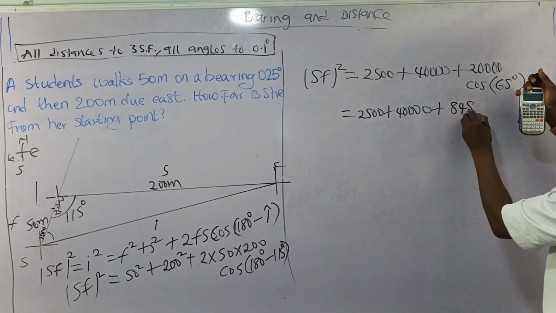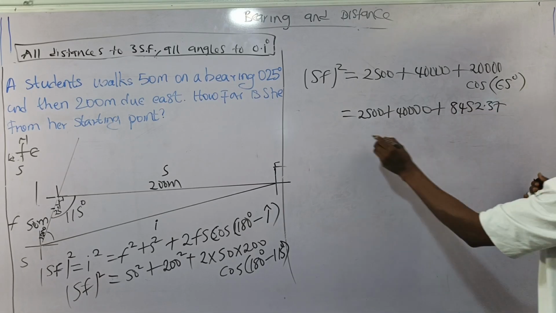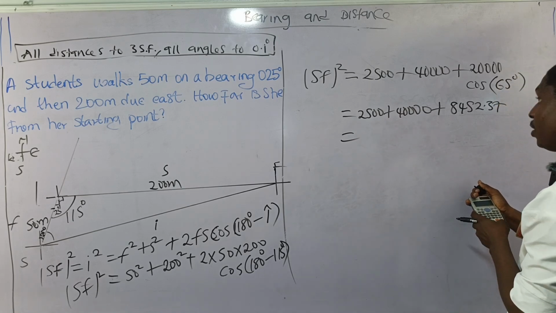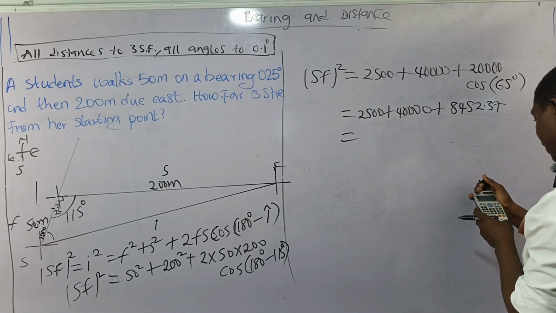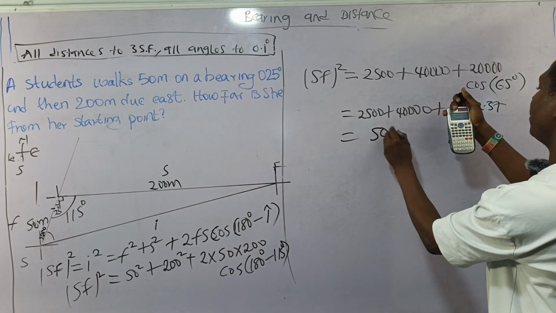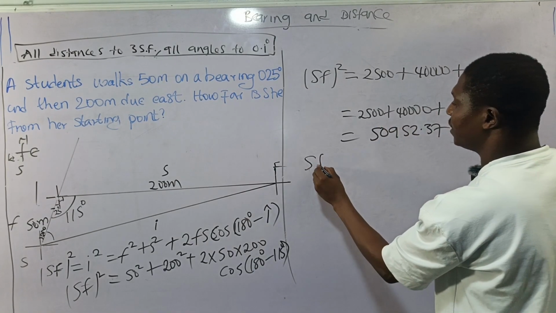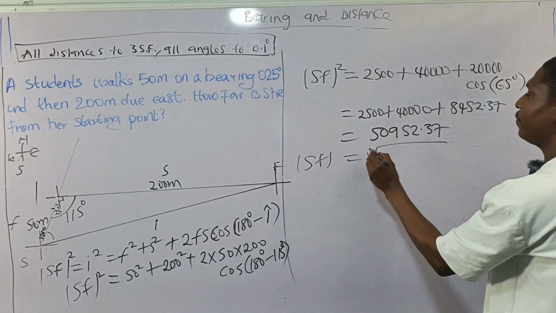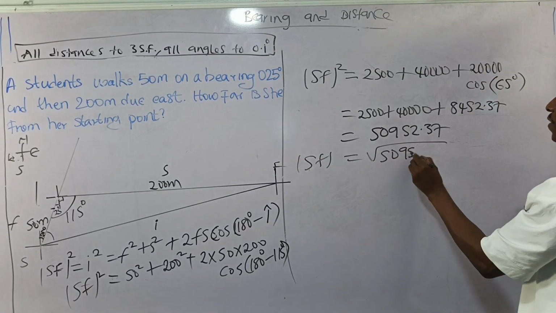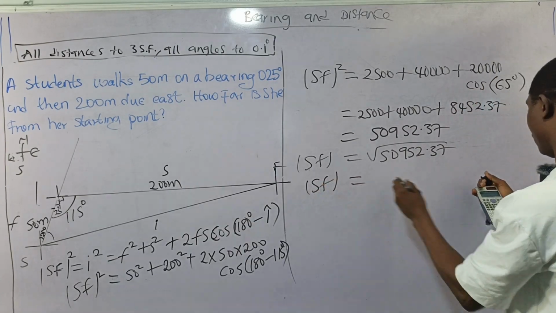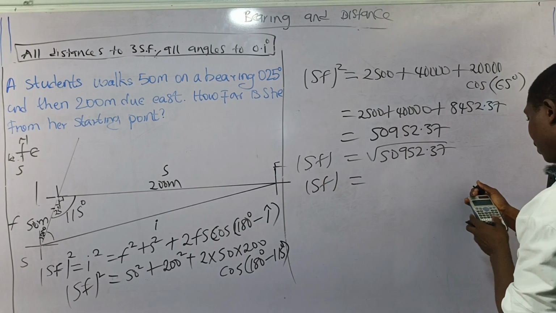That gives me 8452.37. So I'll add up all this plus 40,000 plus 25, and that will give me 50952.37. And if I take the square root, XF will be equal to the square root of 50952.37, which gives me